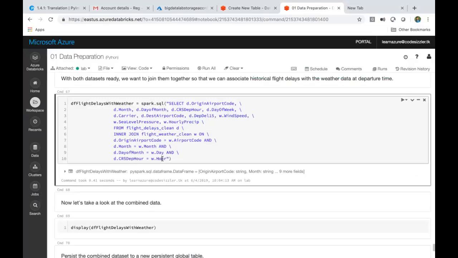Right, but there might be chances, like say this departure hour, that there might be a little difference in the hour of the actual data which is captured. That can be possible, right? So is there a way that we can figure out or fix that? Because this is data cleansing now. I mean to say in the data, like the departure hour, we had rounded it to the nearest hour.